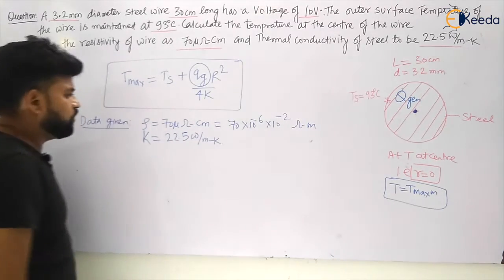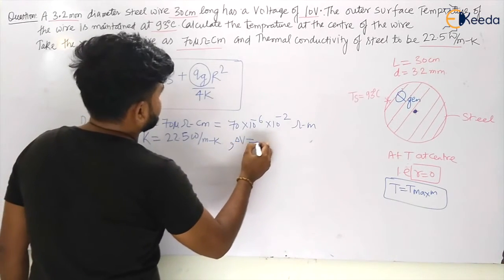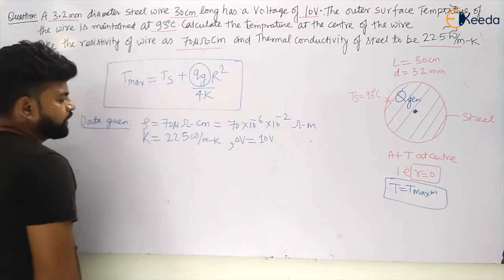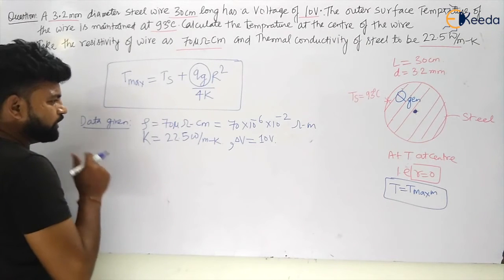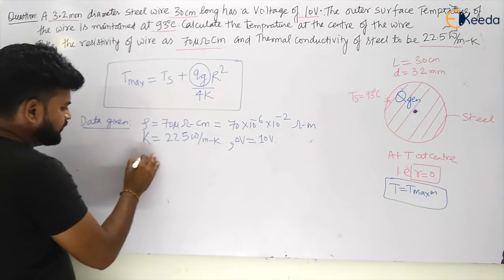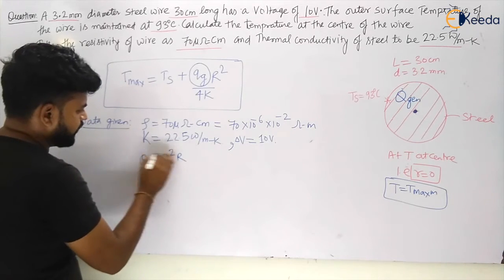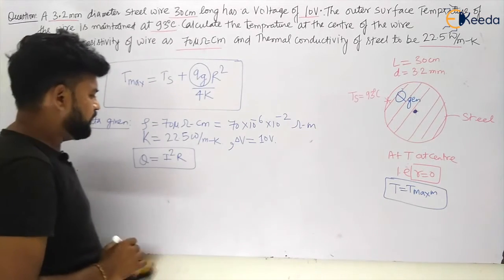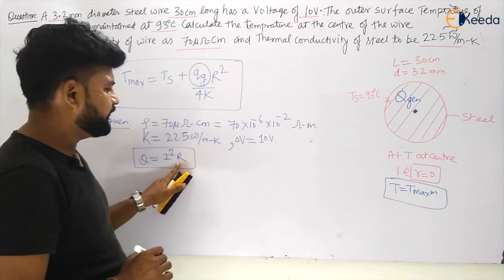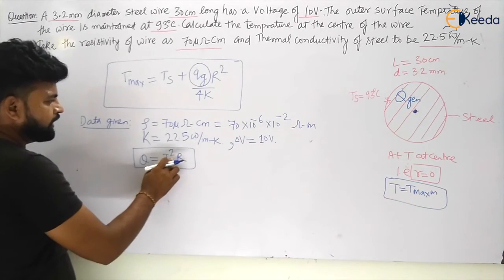So my dear students, how can I calculate, because voltage is also given. The voltage is given to be 10 volt. Now how can we calculate the heat generated in this case? So we can say that heat generated in the wire can be given by I square into R. But now we don't know I, and we don't know R. So can we calculate both I and R? First of all, I will calculate R, then I can have the I.